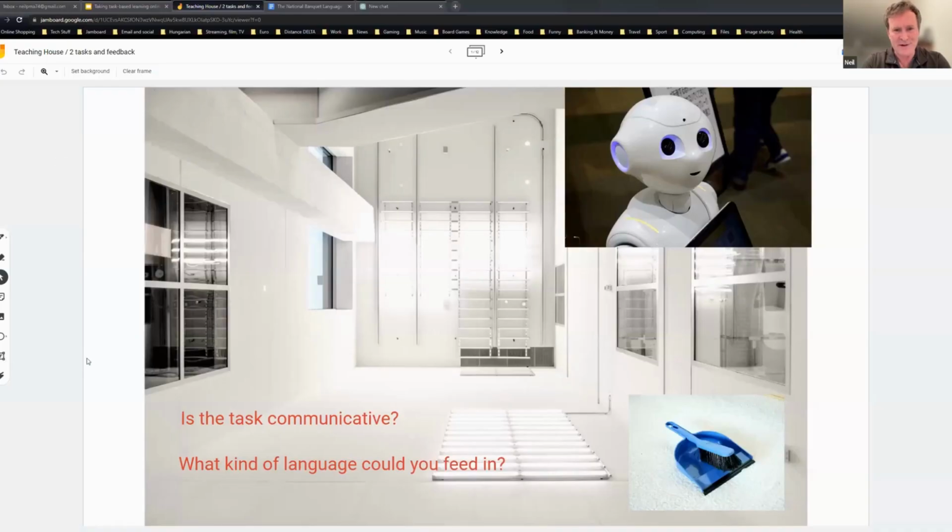Neil, have you got a Jamboard? Yeah, just give me a second. Okay, so I'll share the Jamboard for the first task, which is domestic robot, right? Yeah. While we're setting up, oh, here it comes. Okay, can everybody see that? Lizzie, can you see the Jamboard? Yes. All right, that's great.